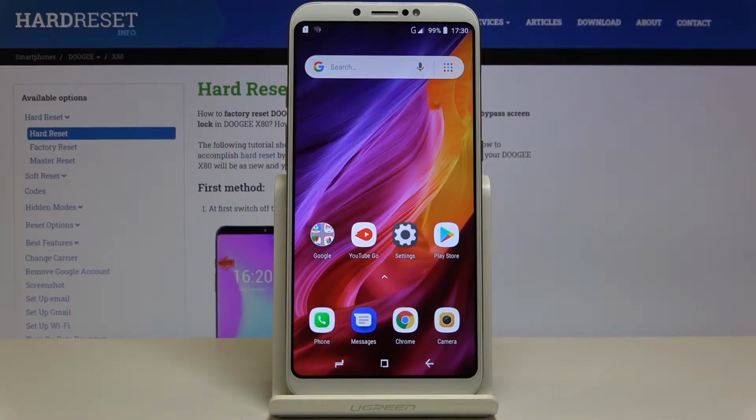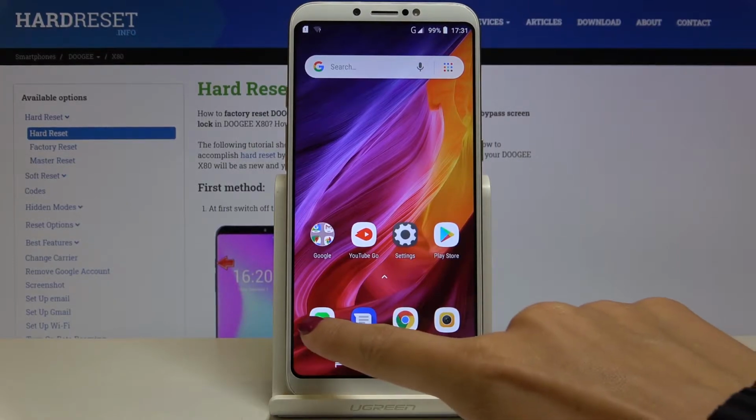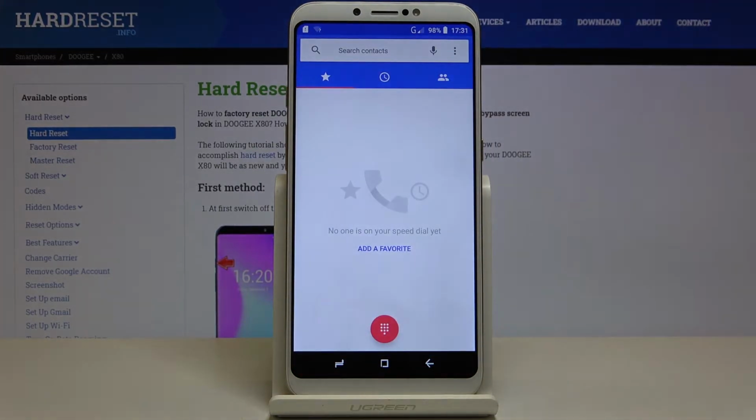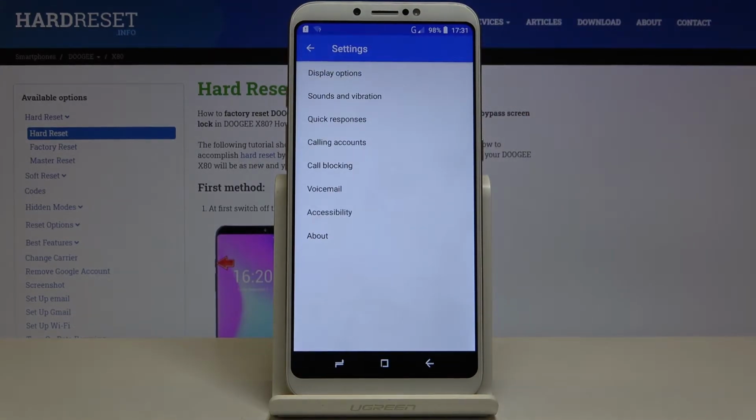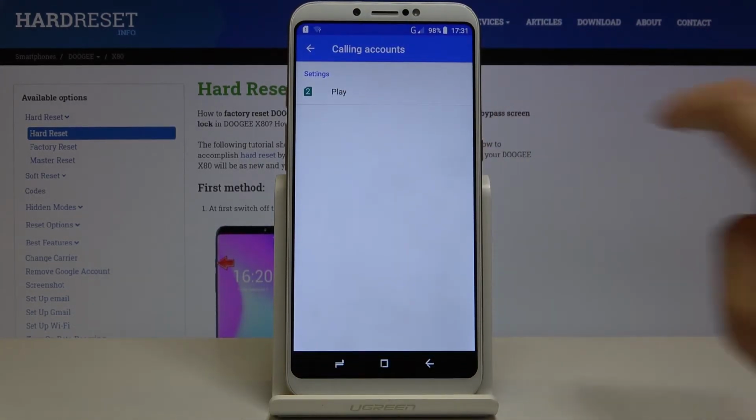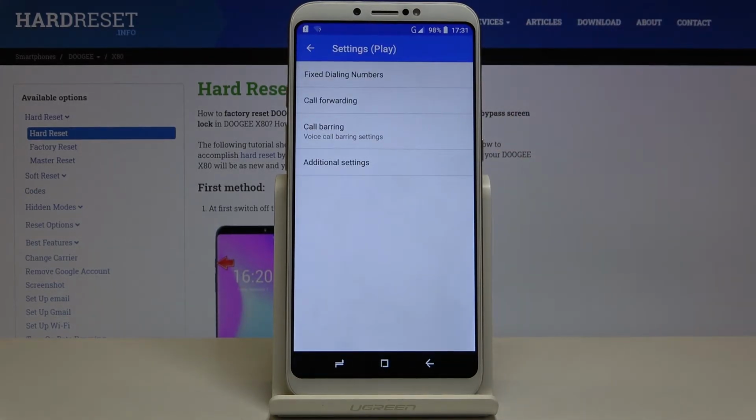In front of me is DOOGEE X80, and let me show you how to activate call waiting on the following device. So first of all, just open your phone dialer, tap on the more icon and select settings. Here click on call and accounts and select Play or any other carrier that you have. Click on additional settings